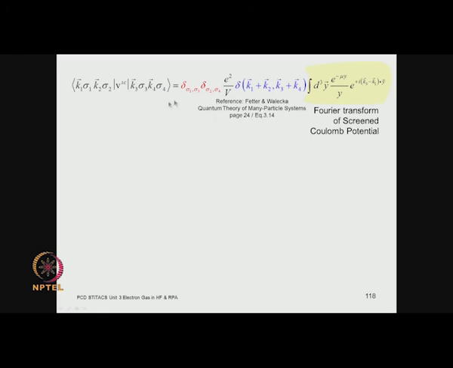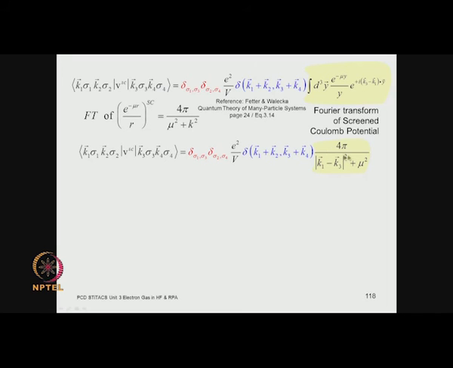So, we have got everything evaluated now. This two center integral has been evaluated. Here you have got the Kronecker deltas coming from the spin. Here you have got the Dirac delta coming from the box normalization, right? And here you have got the Fourier transform of the screened Coulomb potential that we have just evaluated. So, just put in all the values. Here you get 4 pi over the modulus of k1 minus k3, whole square, plus mu square. So, this is your two center term,